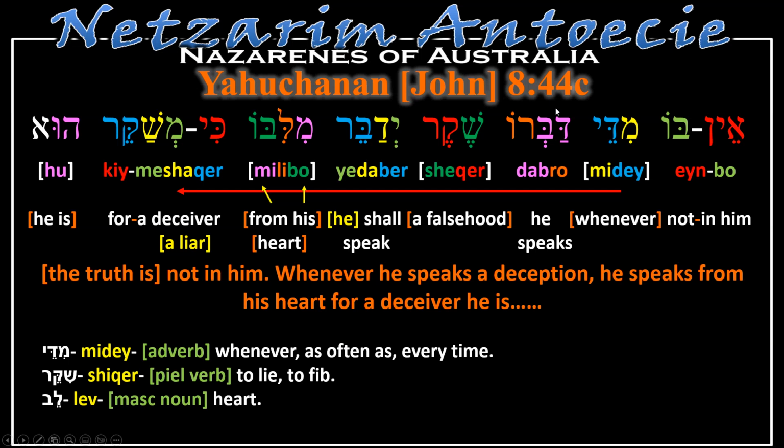And so we come to 44c. So we have an aleph, yod, nun sofit, bet, yod, vav, bet, vav, mem, dalet, yod, dalet, bet, resh, vav, shin, kuf, resh, yod, dalet, bet, resh, mem, lamed, bet, vav, kaf, yod, mem, shin, kuf, resh, hey, vav, aleph. And there's ein, which means not, bo, meaning in him, middai, whenever. So how do we get that? Middai as an adverb means whenever, as often as, or every time. So whenever,